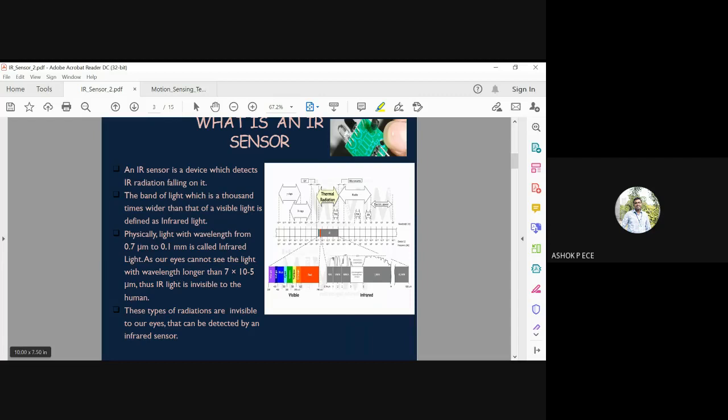The IR sensor is going to fall in the infrared spectrum. When you go in the frequency domain, first red will come, and then finally violet will come. If you talk in terms of wavelength, first violet will come and then red will come. So infrared will come below red, before red. From red to violet is the visible region, which you can see with your eyes. Below red you have the infrared, and above violet you have the ultraviolet, and both of these are invisible. So red and violet are the boundaries of the visible radiation.